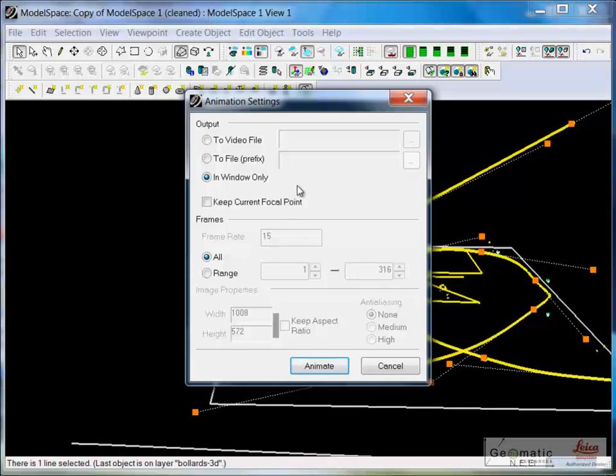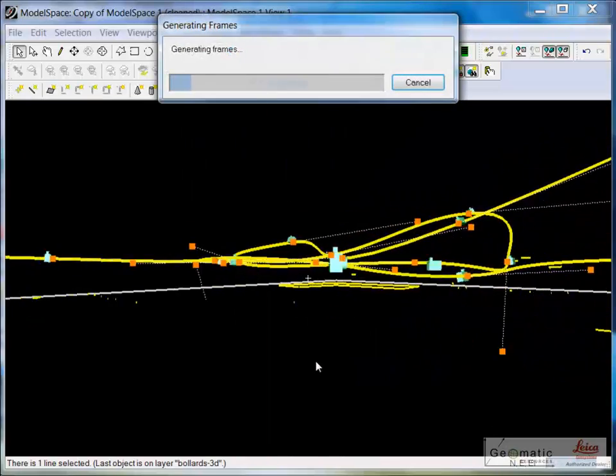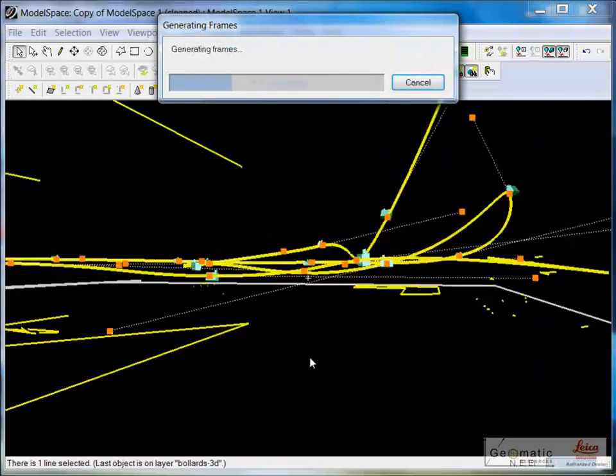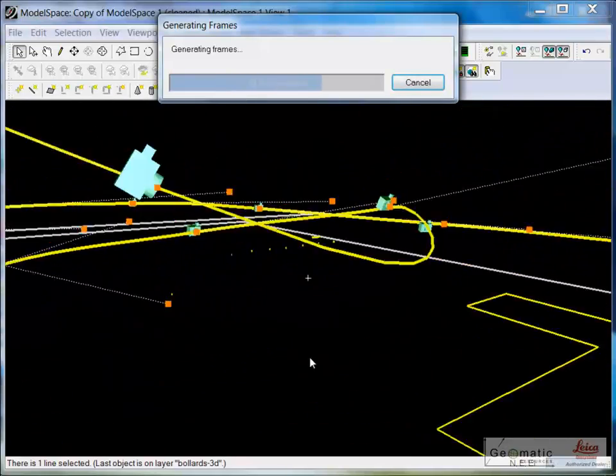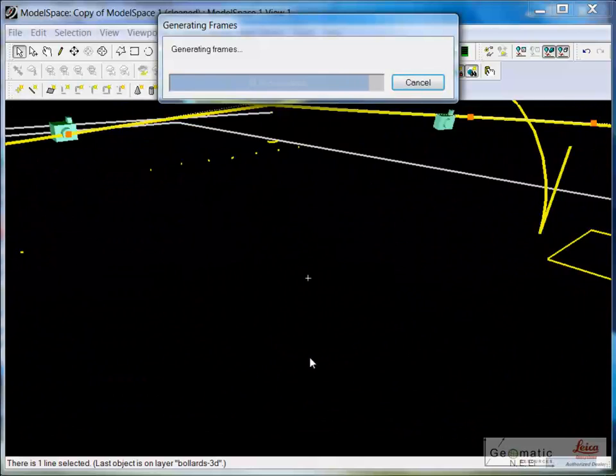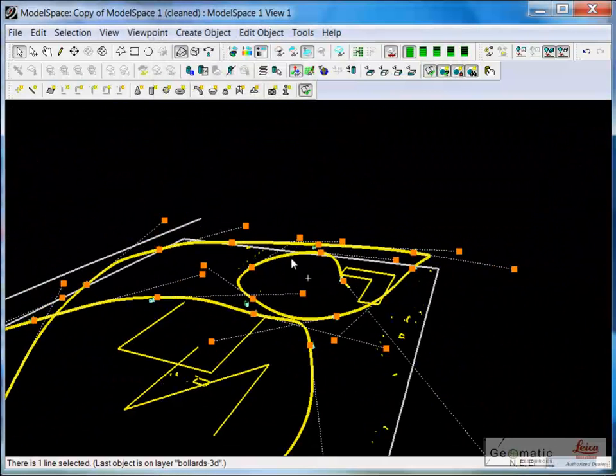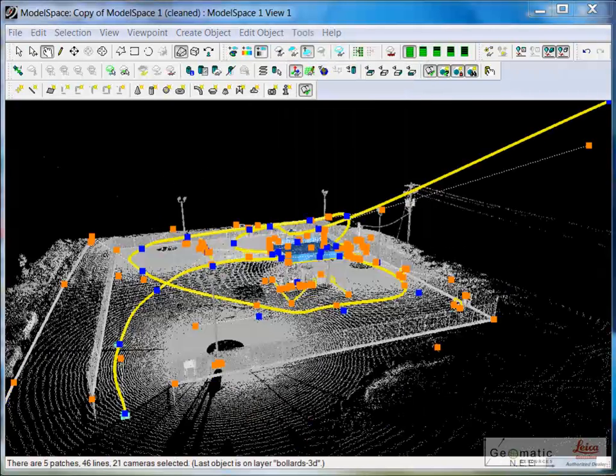I'm going to use the defaults just to give me an idea of what the animation would look like. I can make the determination if this is going too quickly, maybe I want to add frames. Once we've made the adjustments and we have the speed going at the pace we want,